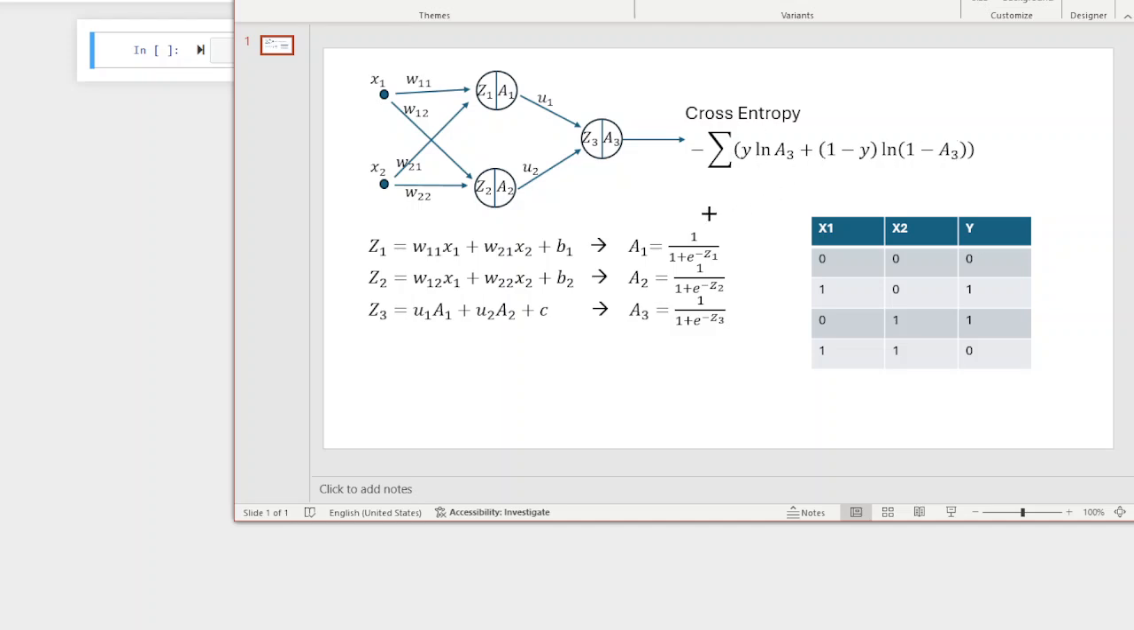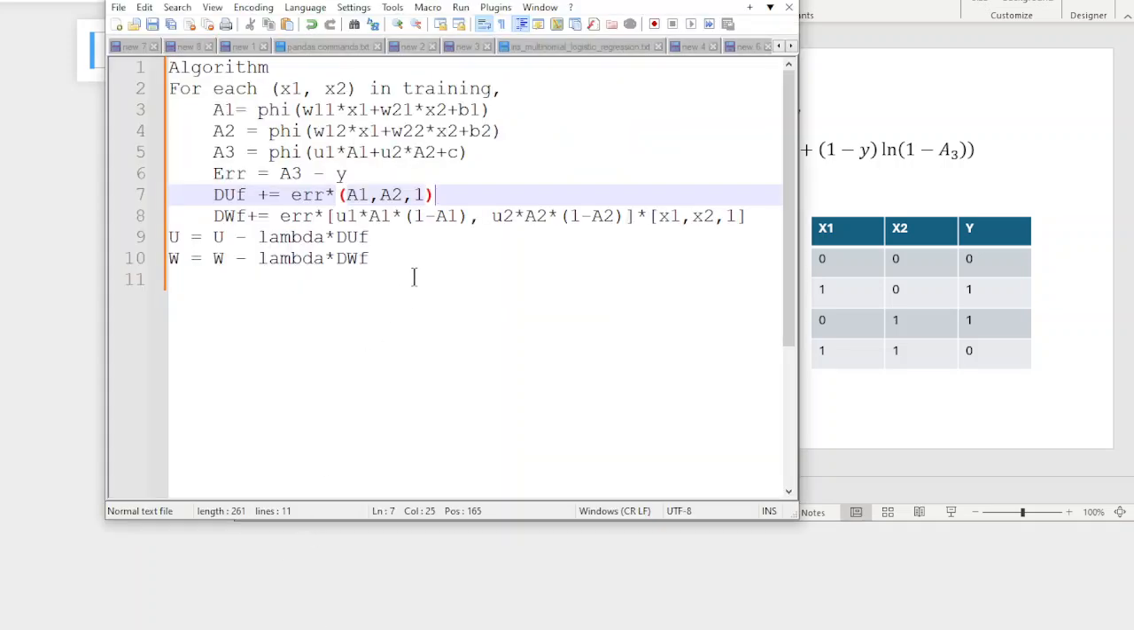And I also explained that in order to train this neural net, which means you're trying to tweak the values of W11, W21, B1, U1, U2, C, all these coefficients, one needs to do gradient descent, and I also explained that the gradient descent algorithm should be done like this,